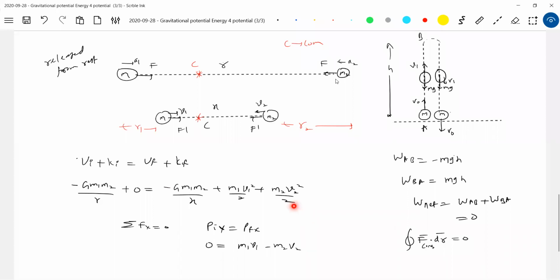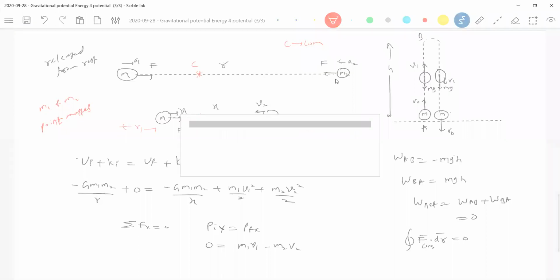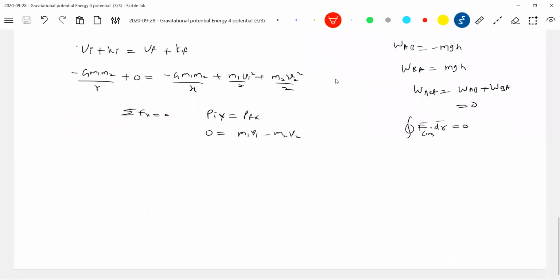Now, sir, what you're saying is interaction potential between what? Between point masses. What are M1, M2? M1, M2 are strictly point masses only. I always begin with point masses, then I'll extend for bodies. First we found gravitational field strength due to a point mass, then we extended for bodies. Similarly here also, I started with point masses, then I'll extend for bodies. Okay, able to get the overall picture? Okay, let me give one more example.